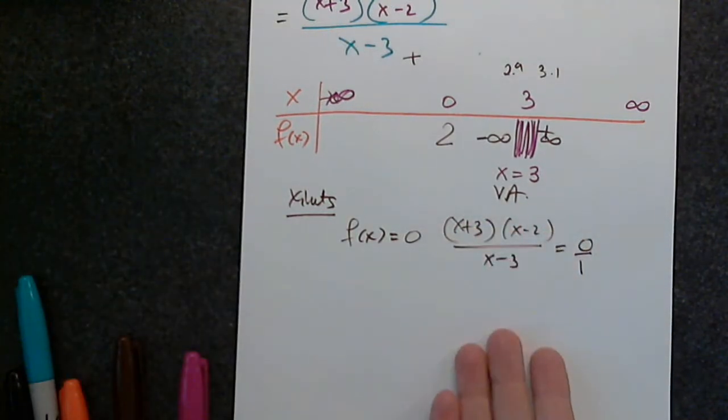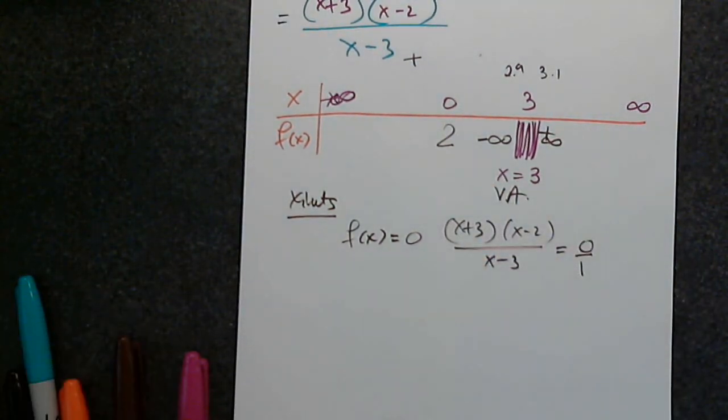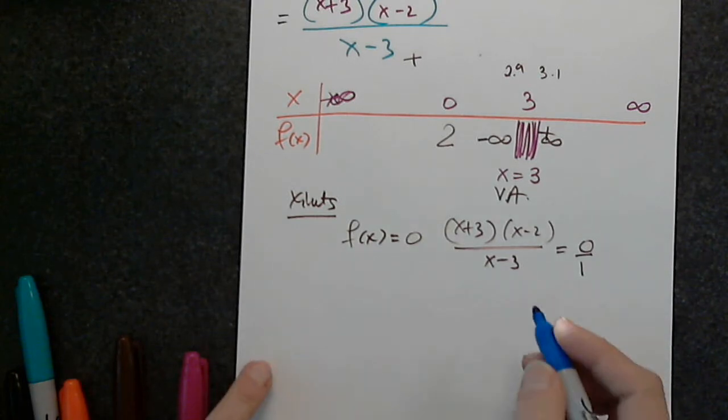When is a fraction 0? You can think in two terms. A fraction is 0 only if the top is 0. A fraction is undefined when the denominator is 0. So I'm asking myself, when is this fraction 0? Or just cross multiply, whatever is easier for you. So when will this be 0? When x is